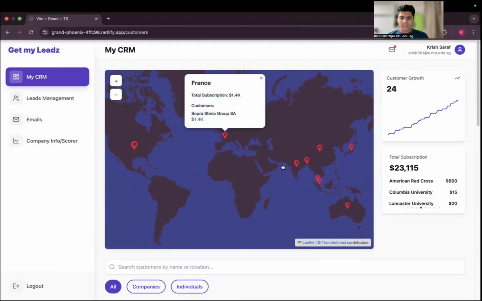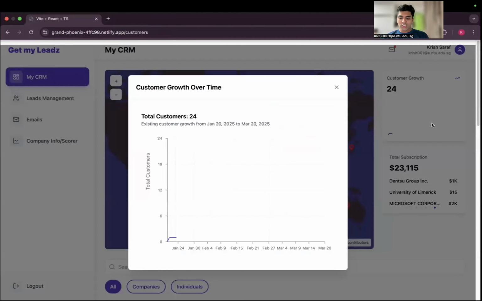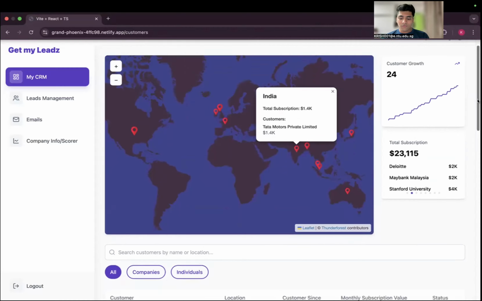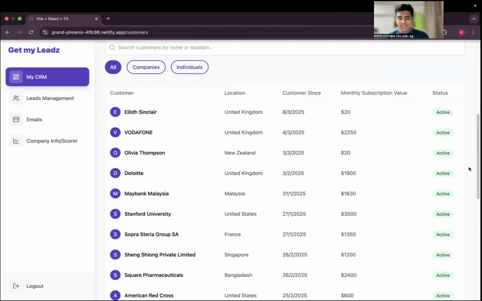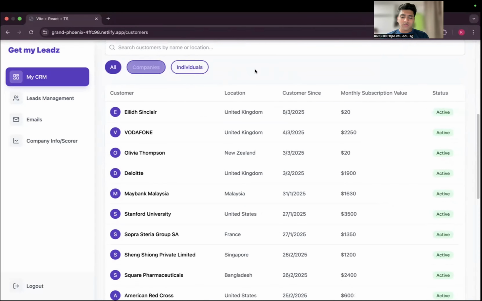displaying all my existing customers around the world and the total amount of subscription fees I can earn from them. I can also see customer growth over the past 2 to 3 months since I started my operations. This is a well organized list of all the different companies and individuals I have, as we have assumed that Nexus AI offers both B2B and B2C solutions, and I can also see the amount of revenue I can earn